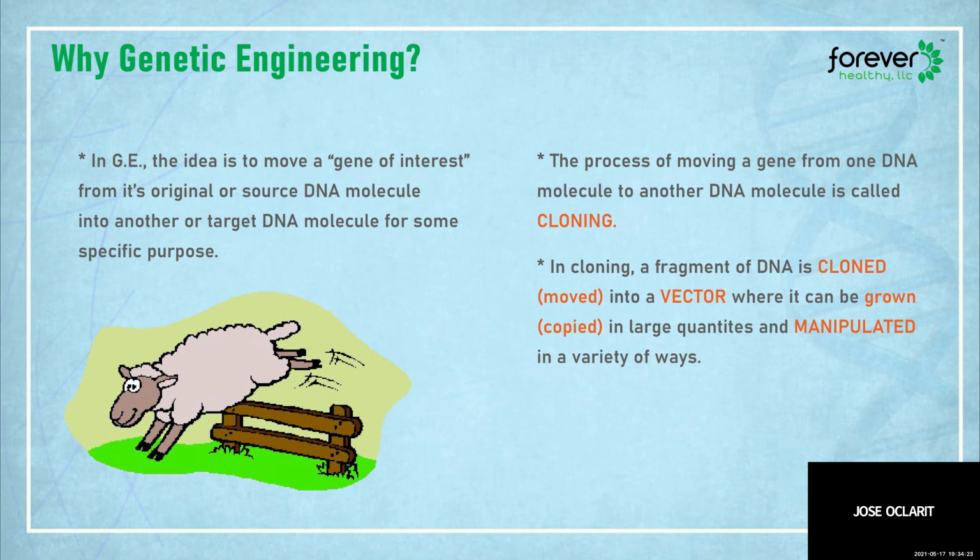So what is genetic engineering? The idea of genetic engineering is to move the gene of interest from the original source, say human, into another target DNA, which is bacteria, for example. So you can now get the DNA from human and insert it into bacteria. Now, why is it that you can insert it? Because of the palindromic restriction sites, which are actually the same site where the DNA is cut and where it will be joined together.